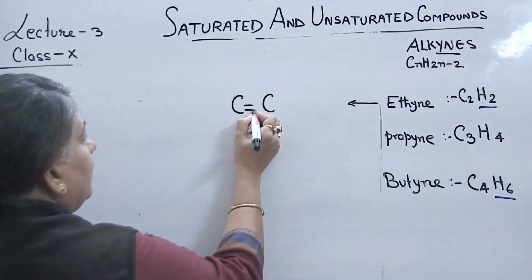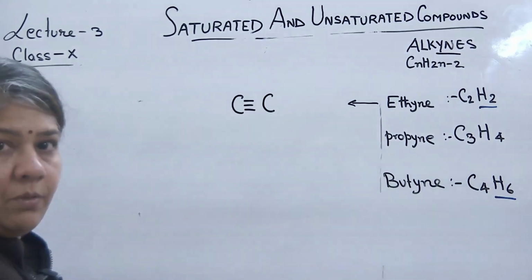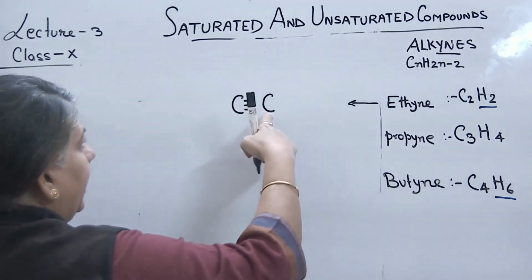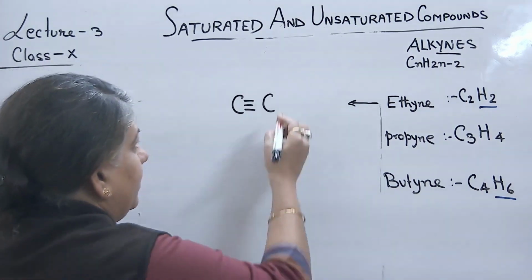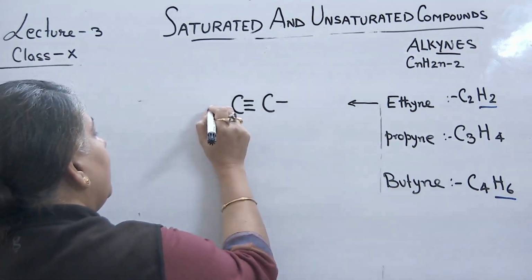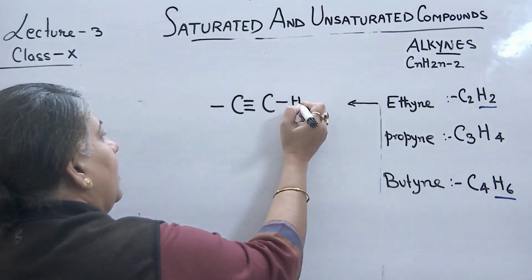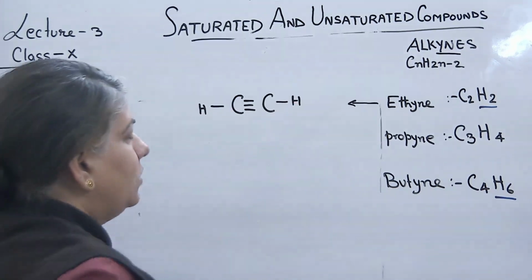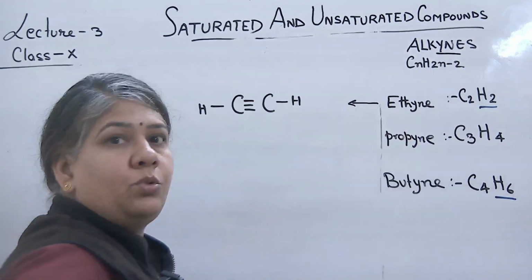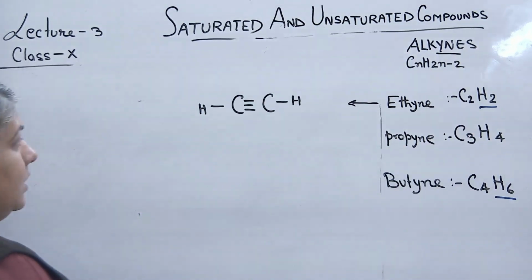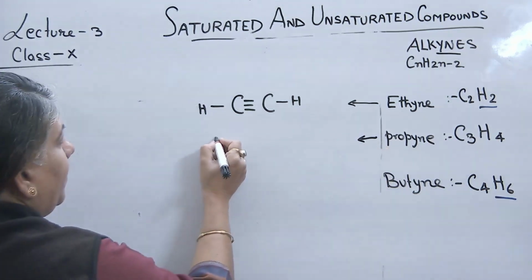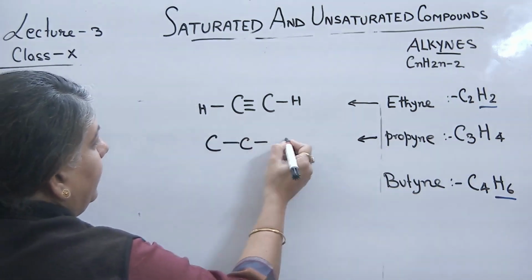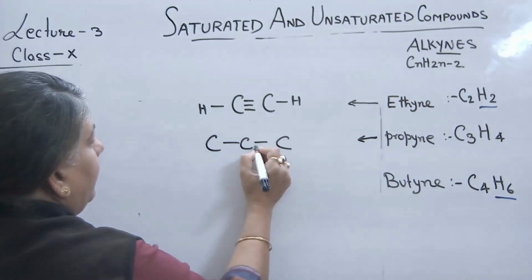So, carbon-carbon, triple bond. Let's complete the tetravalency of carbon. It already has 3 bonds. Make 1 more bond here, 1 more, and put hydrogen atom. So we have this formula C2H2. Next, for propyne, prop means 3 carbon, place a triple bond